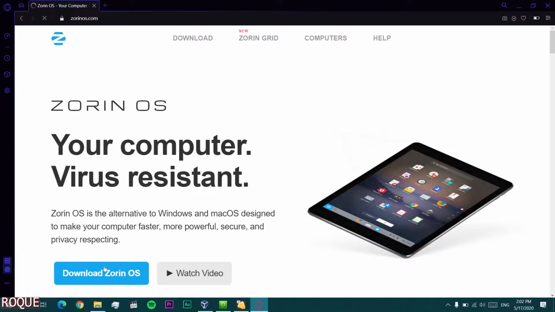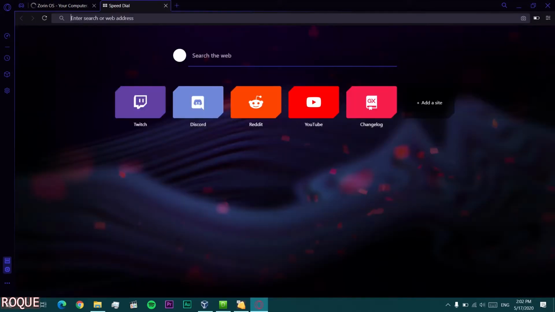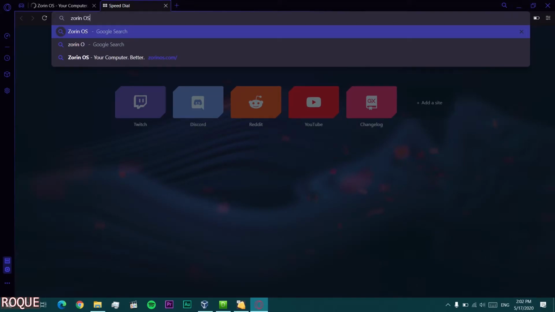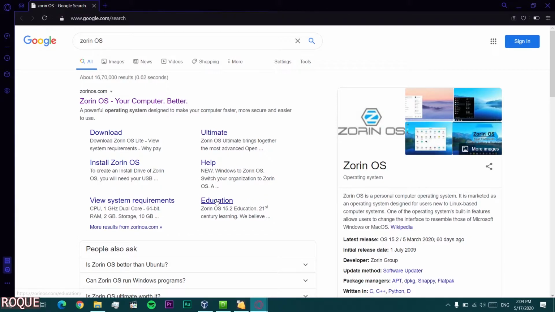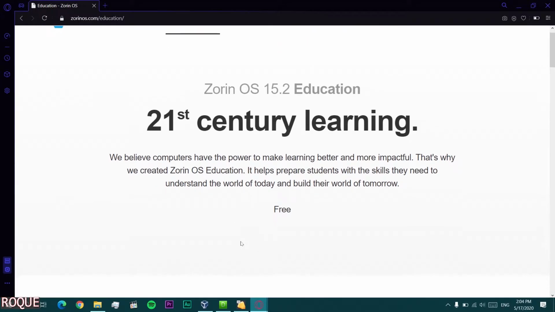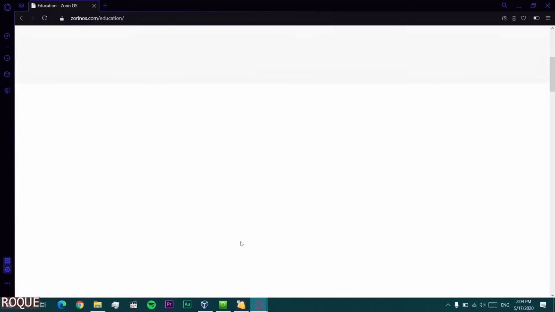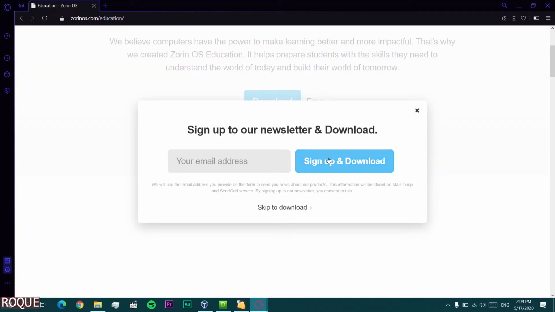So let me show you how to download this operating system. Just go to your browser, open any browser that you want and search for Zorin OS. And now this is the site, zorinos.com. I'm going to download the education version of it, which contains all the basic software for you, for geometry, for solving math questions. So just skip download and you will be redirected